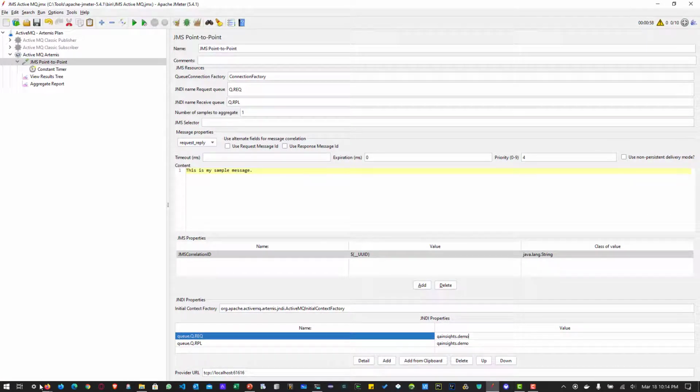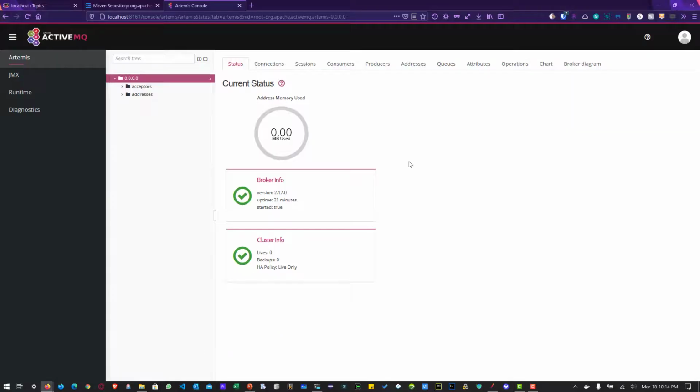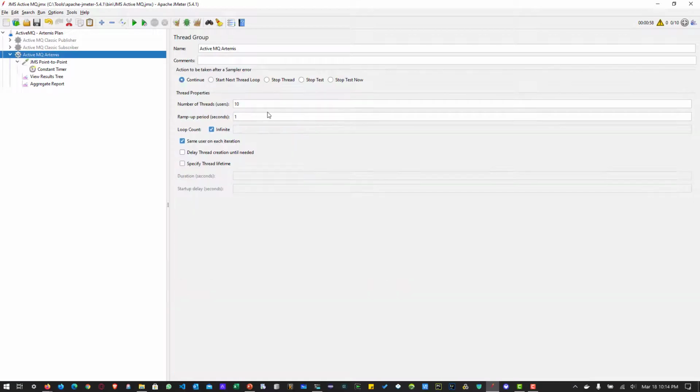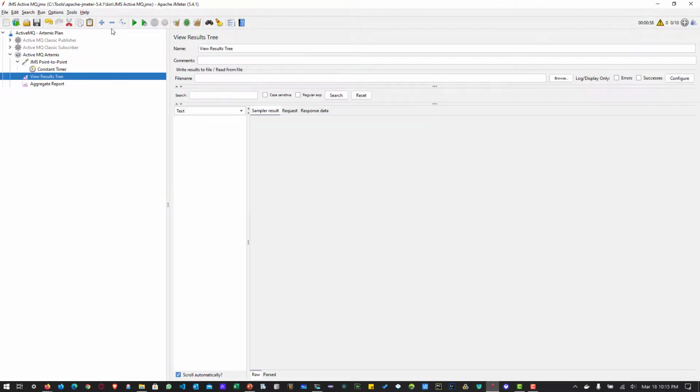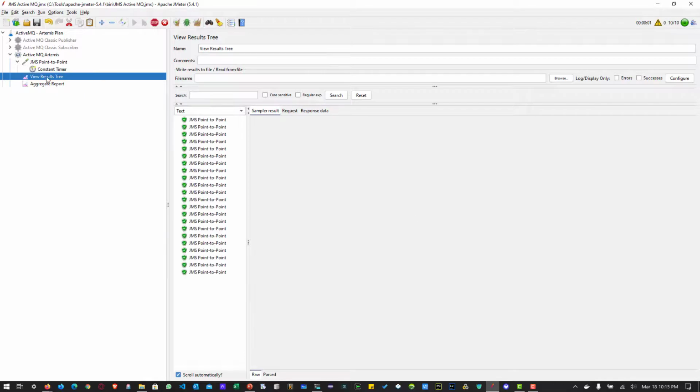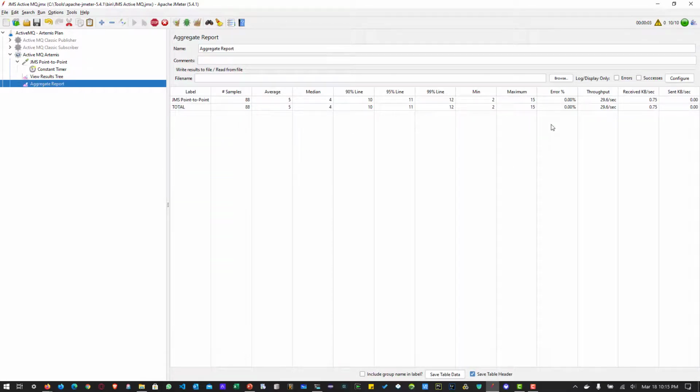Now let us go back to the Artemis admin console. So this is how it looks. The username and password is admin and admin by default. And here first let us start the test. I'm running just 10 threads with ramp up period of 1 second, and loop count is infinite, and I have the constant timer of 300 milliseconds. Now let me click on this run button, and here in the aggregate report you can see the throughput is